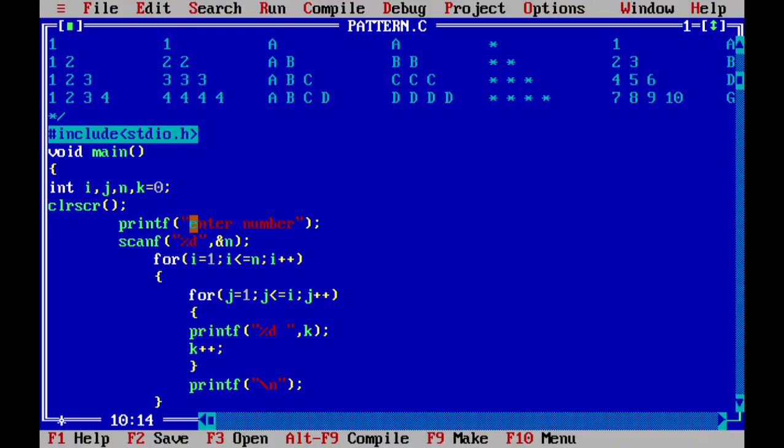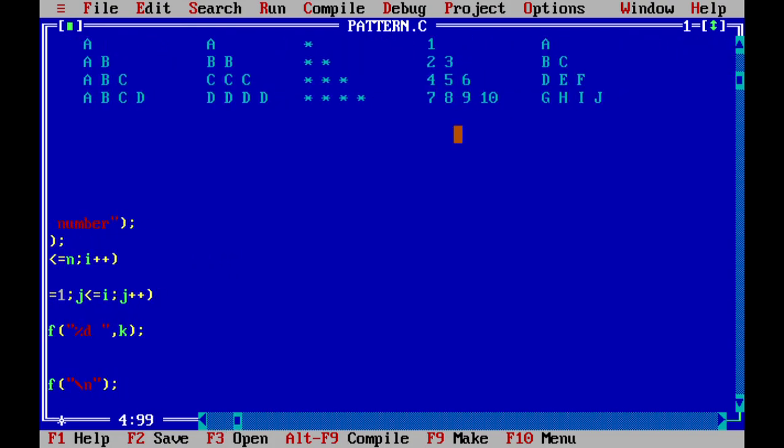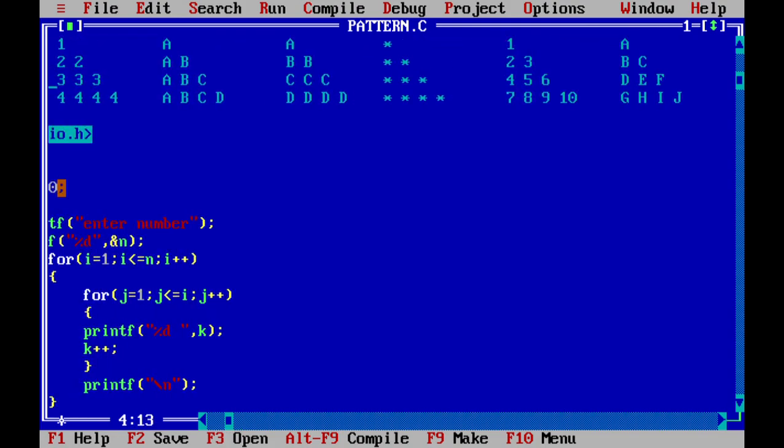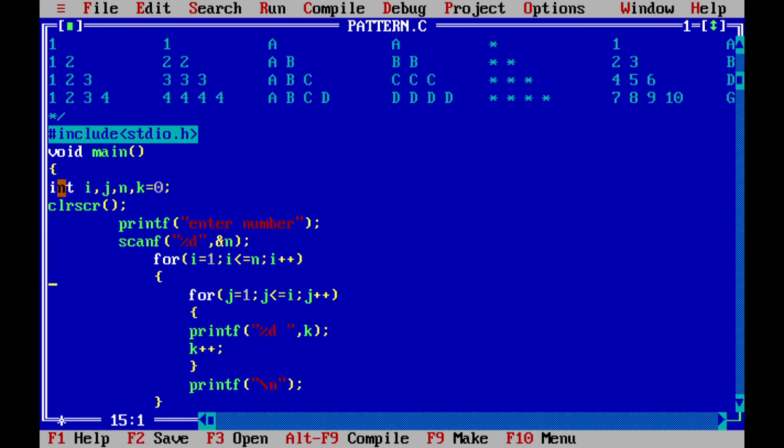Okay, now I have written another pattern here. You can see that pattern. First line print A, after that next B C, after that D E F, G H I. This is the pattern. Now you are going to tell me what will be the change in this same code. Remember, I have said k is equal to 0. So you are going to tell me what will be the change in this same program.